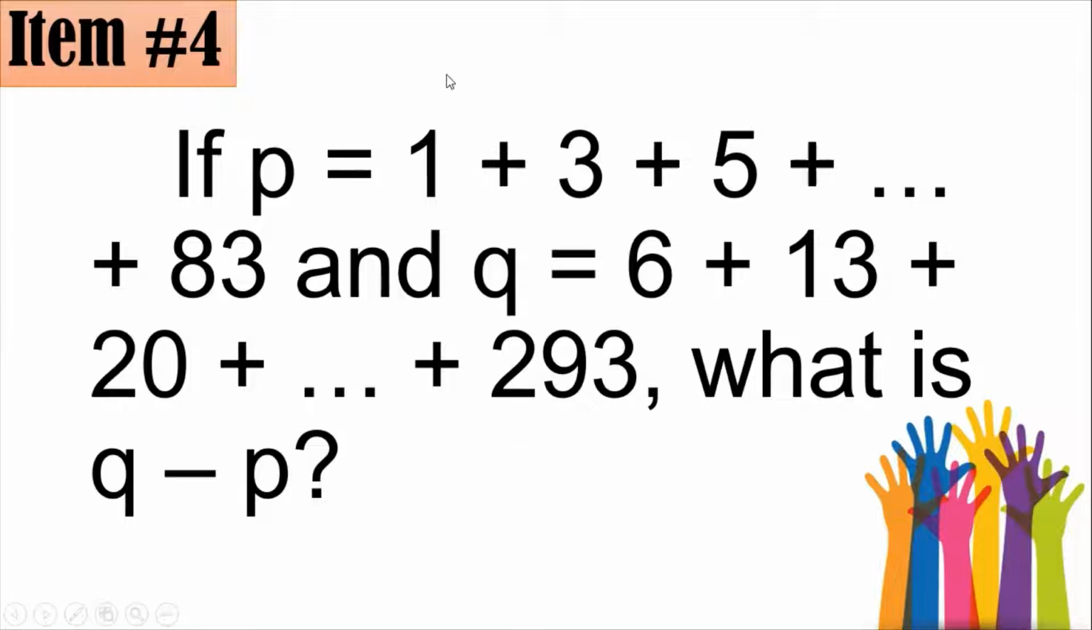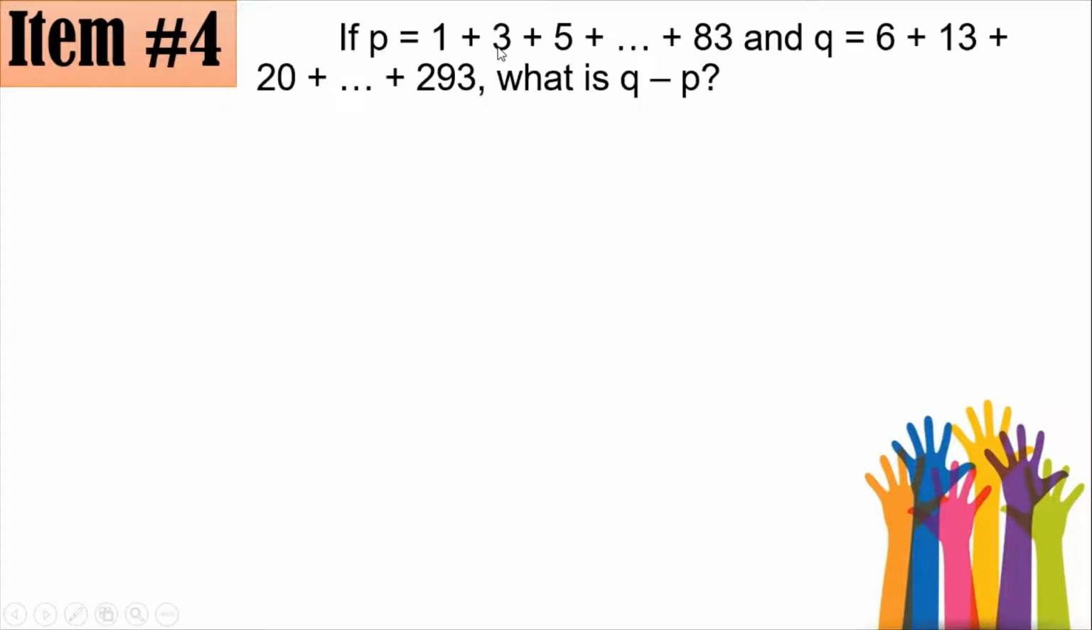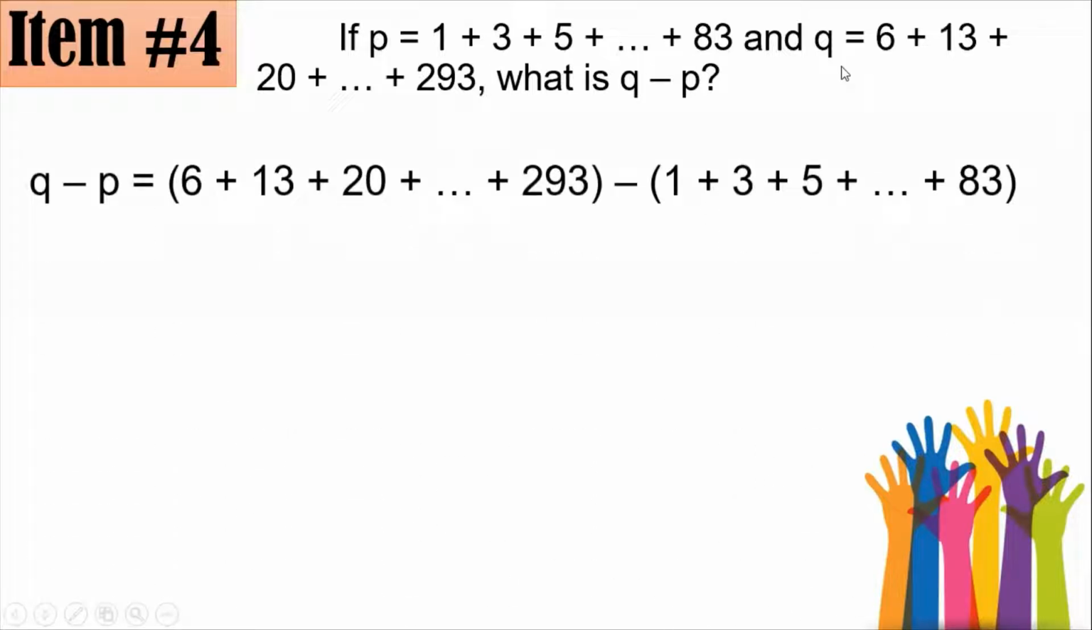So this time, it's time to divulge the answer or the solution to this problem. So from this given, if we have Q minus P, it's 6 plus 13 plus 20 all the way until 293, subtracted by the value of P, which is 1 plus 3 plus 5 all the way until 83 here. Now, the technique here is actually making use of pairing them and making them into certain